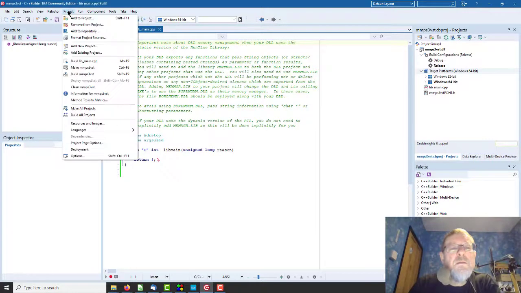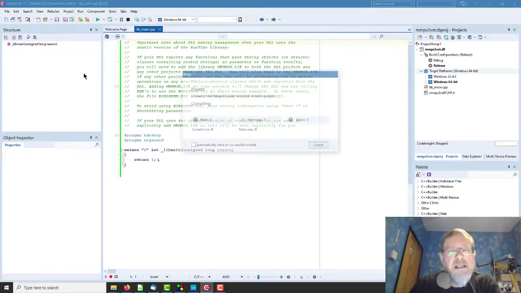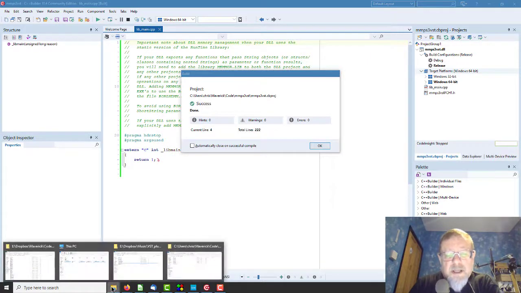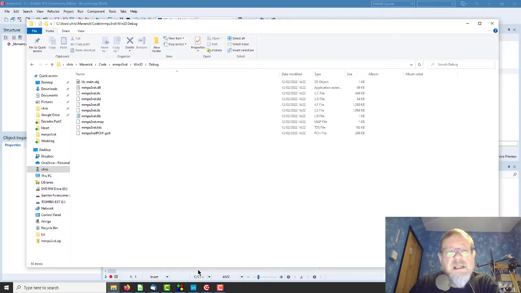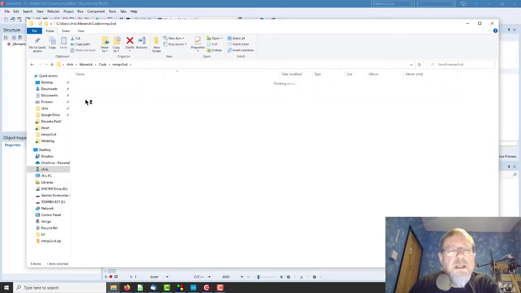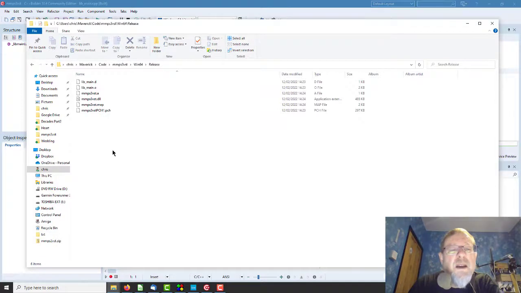So if we go project build, success. Go back here, we should have, yep, a Windows 64 release, and that should have a DLL in. It does. Good. So now we need to try and start incorporating the code from the Pulsor into this DLL,